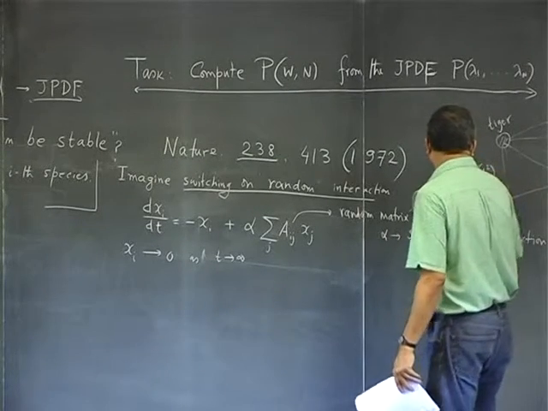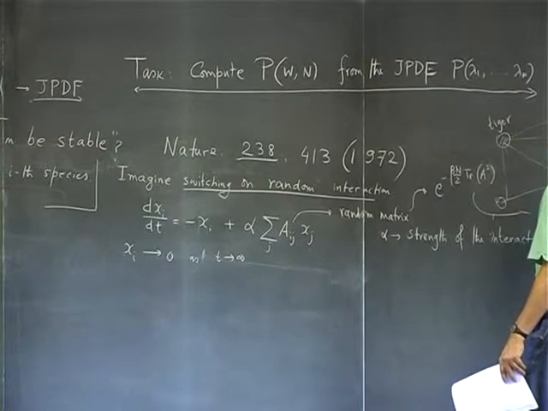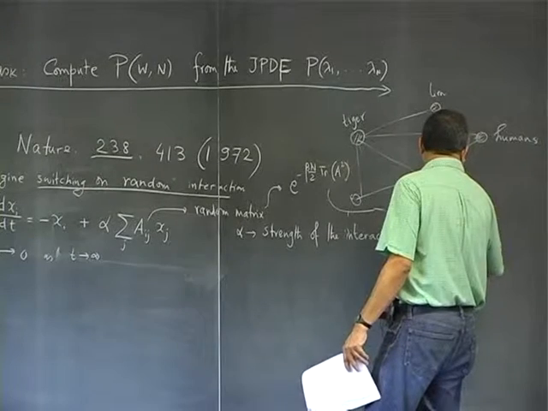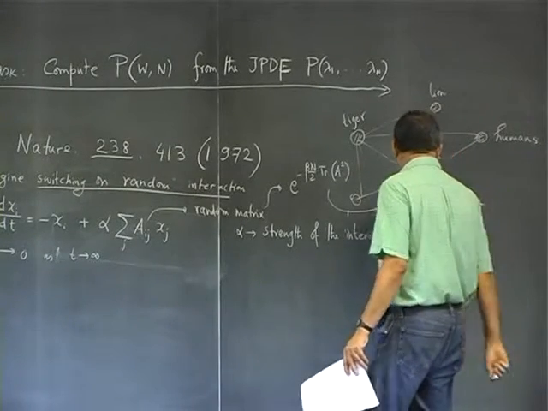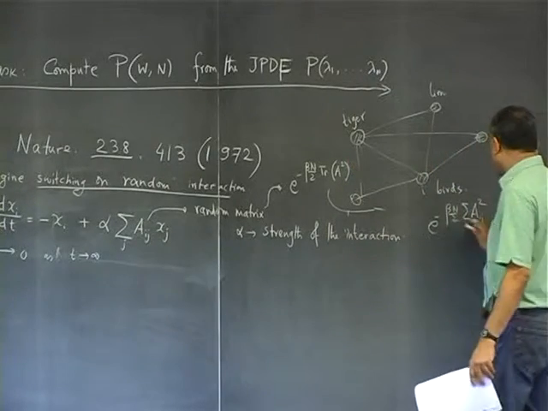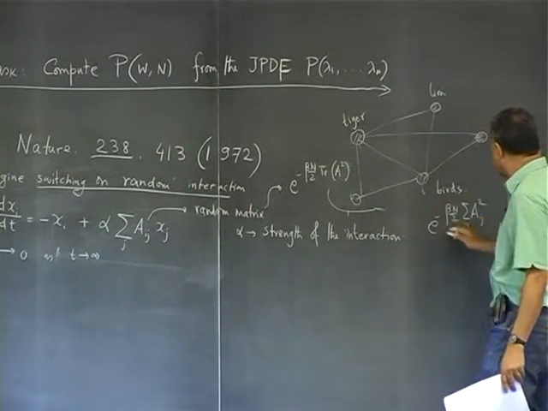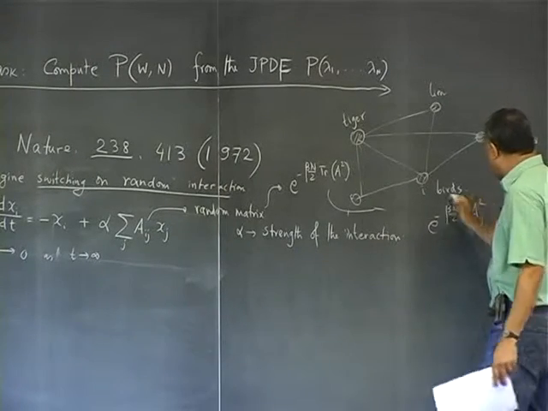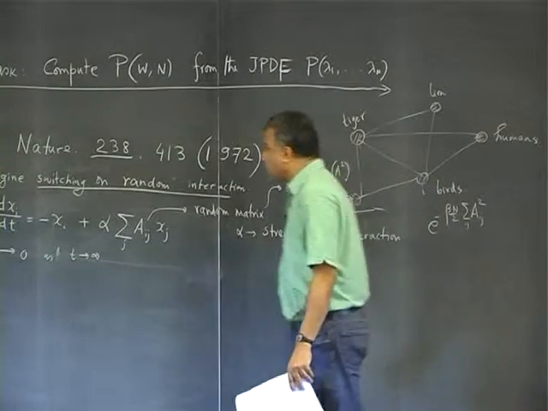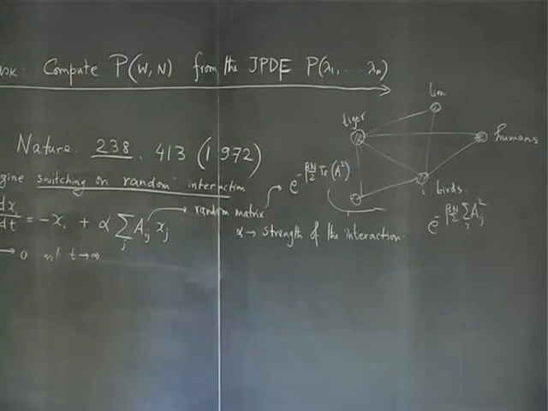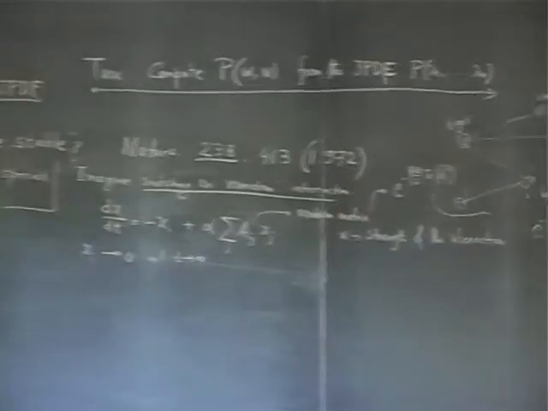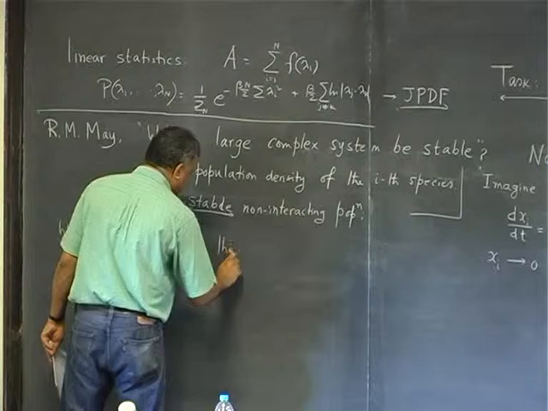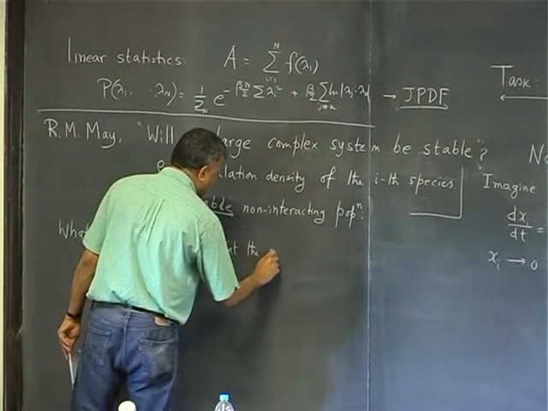That means trace of S square, which means basically you just take each element as independently Gaussian, a real symmetric matrix. So it's a product of all the individual elements. You just assume each link is a Gaussian random variable, so it may be positive, negative, and so on. This is the matrix he was interested in, and what he wanted to compute is the probability. So that's where probability comes in. So what is the probability that the system